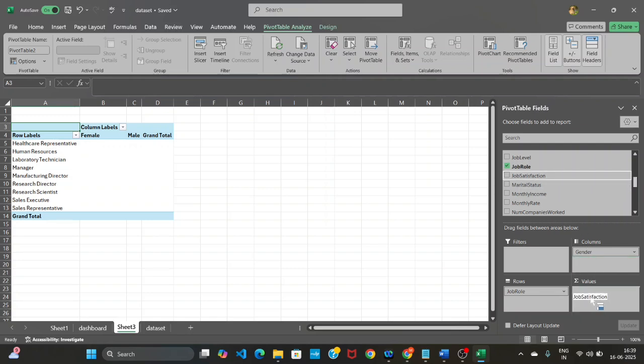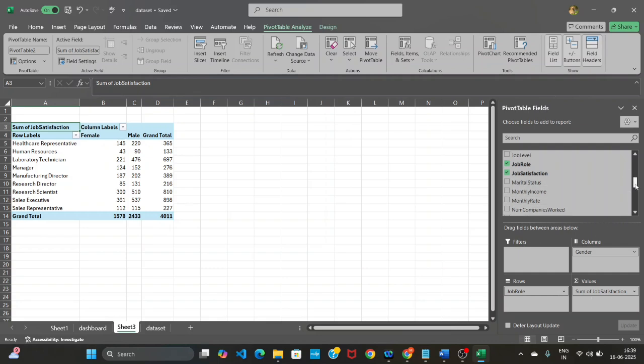I'll drag and drop job satisfaction under the values, and also I'm going to drag and drop environment satisfaction under the values,